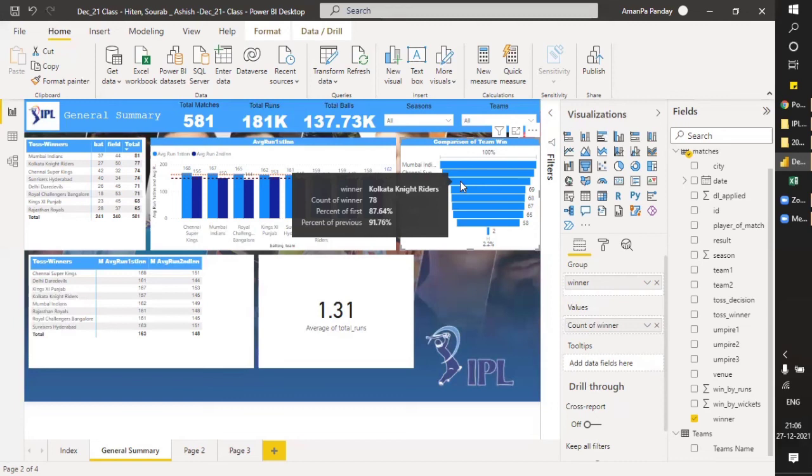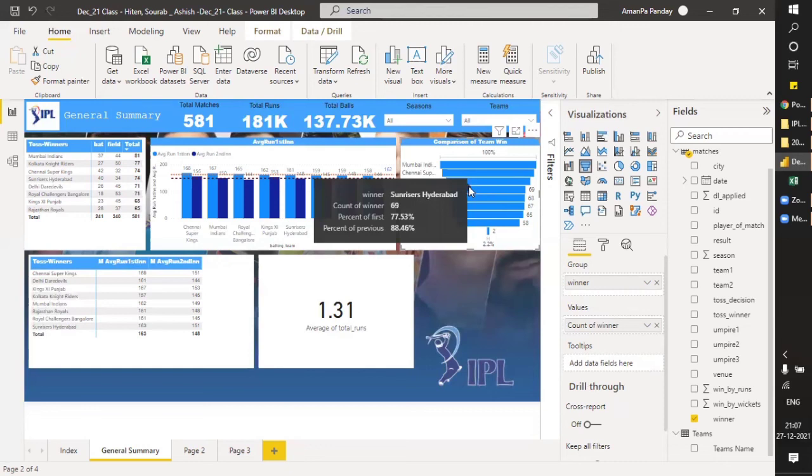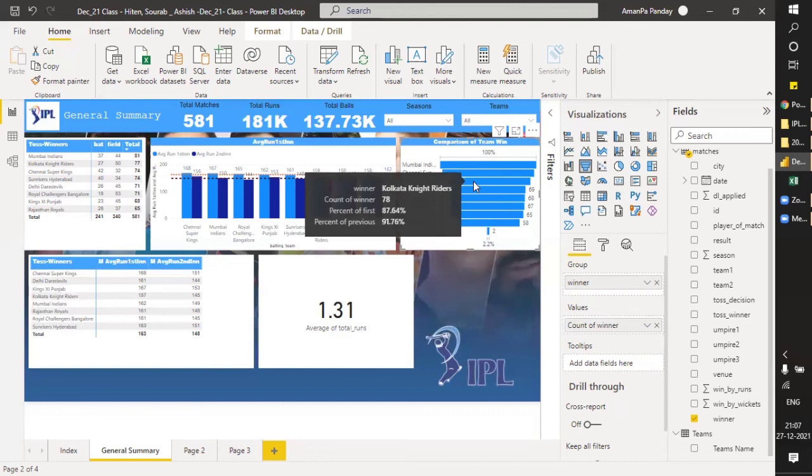Percent of first, that is first inning, and percent of previous month, both are different. What is different between both? Coming to that. 87% and 91%. Okay, so we are clear with the percentile concept. Now coming to the percentage of first: Kolkata is 87.64% when compared with Mumbai, the topmost team.